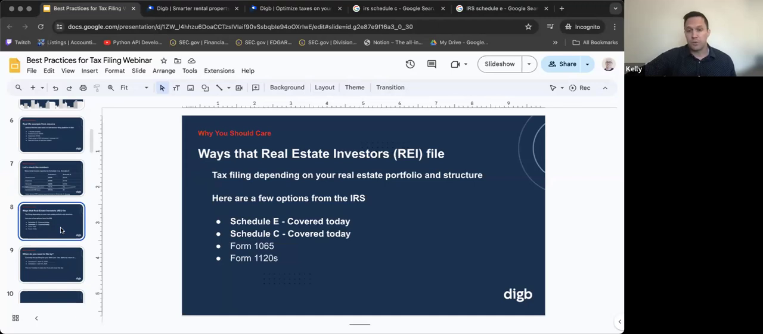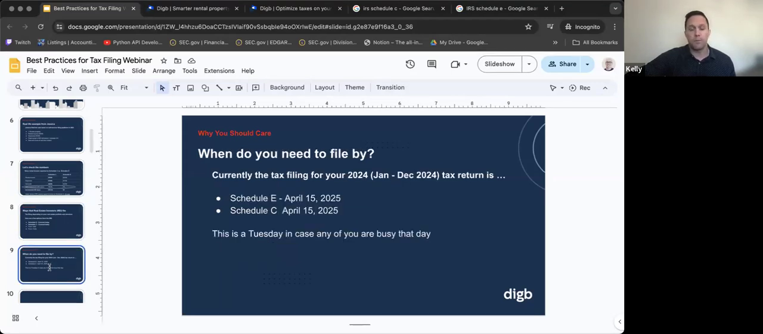We also have the Schedule C, which we'll cover as well and go into detail. There's two other forms we're not going to cover today. One's going to be the Form 1065 and the 1120. Both of those are important. Both of those can be used by real estate professionals, but for the sake of time, we're not going to